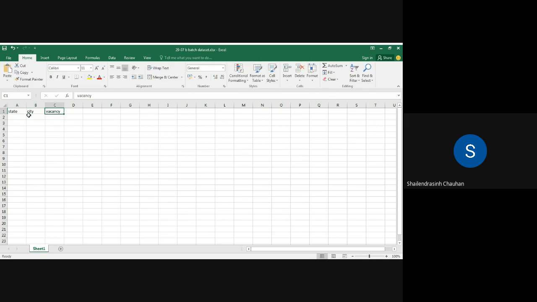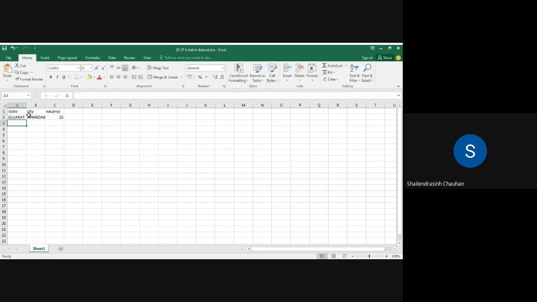Fine. So state, city, vacancy. These are three attributes that we are having. Now let us take the values. Let us say state Gujarat and city Ahmedabad, vacancy, let us say 25.